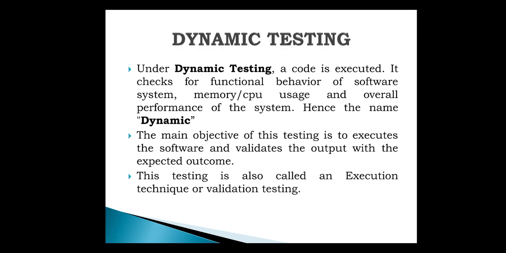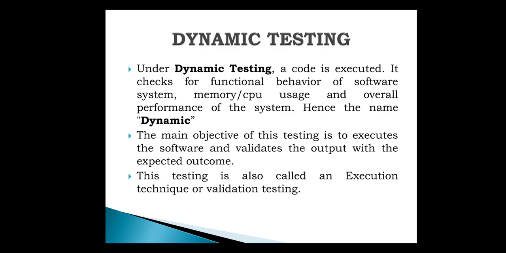Next is dynamic testing. Under dynamic testing, a code is executed, means you need to check an application by executing it. So you are creating test cases, you are passing input to an application, you are executing application. After execution, whatever the result, that is called as actual result, we'll check that actual result with the expected result, and according to that we are checking the application. Okay, we are finding bugs.